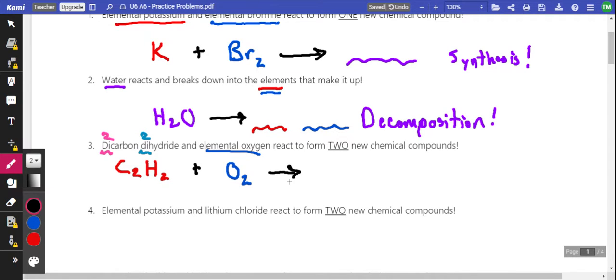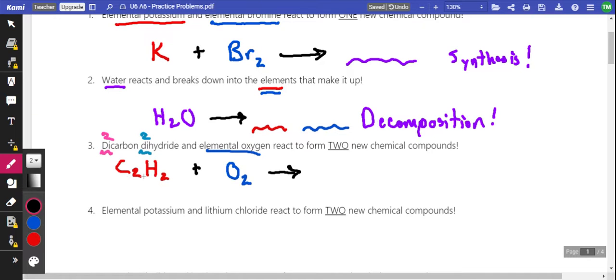Now this is something we have to be careful of. This kind of looks like a single replacement reaction. I have a compound reacting with some pure element. So this looks like the oxygen is going to kind of swoop in and take something's place and kick something else out as a pure element. But this